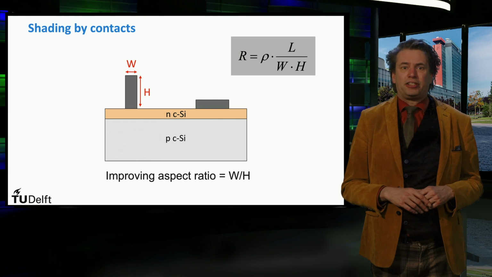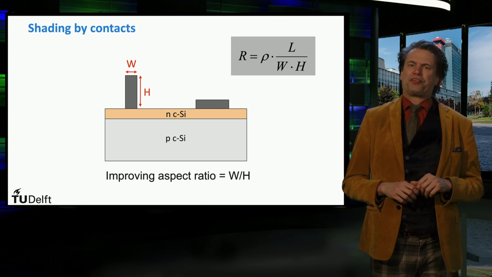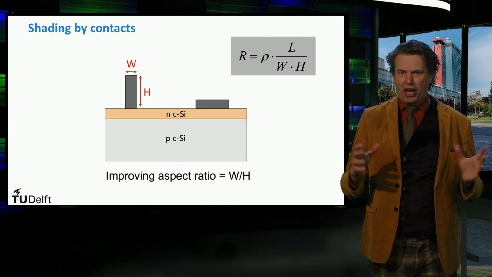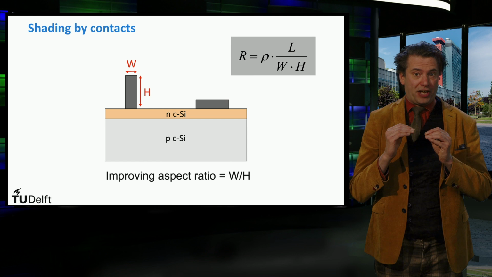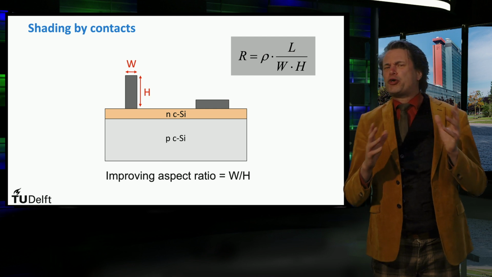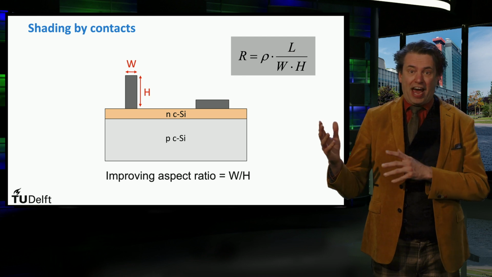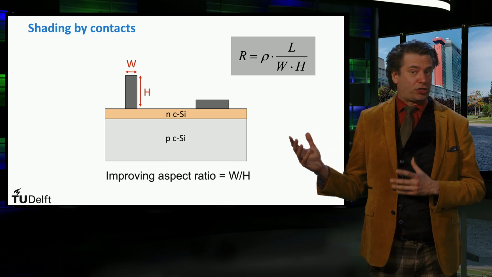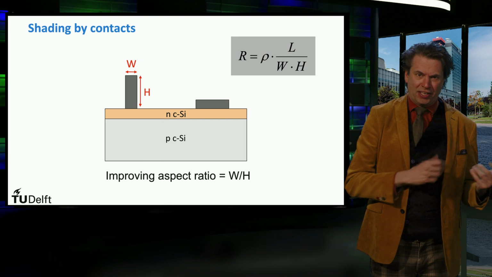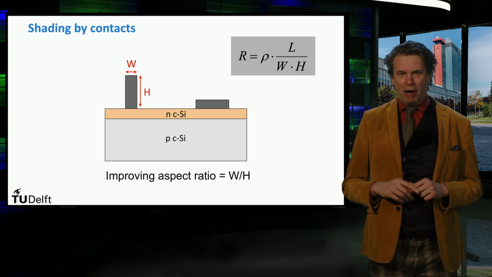On the other hand, the metal contact grid is also responsible for optical losses. As the metal contacts are at the front surface, they act as an unwelcome shading object. Or in other words, light incident on the front area cannot be absorbed in the PV active layers. So you would like to keep the contact area as small as possible, which is in competition with the fact that you would like to have the largest possible cross-section. So basically, you would like to have as small as possible a width and as high as possible a height to comply with these requirements, as demonstrated by the left contact.